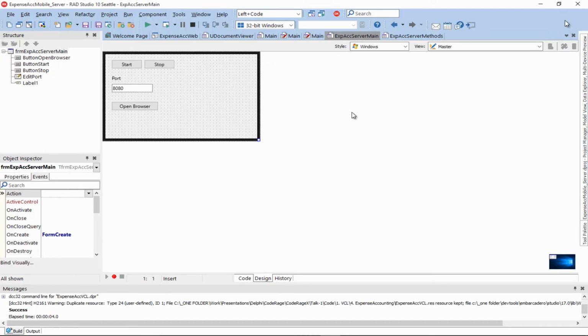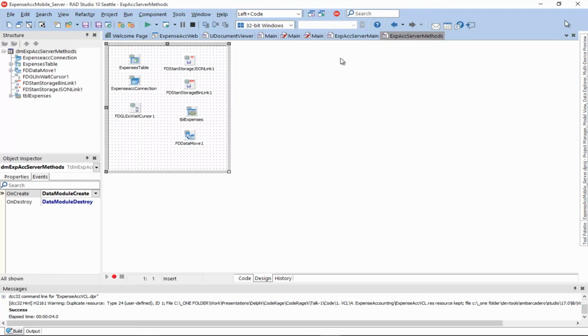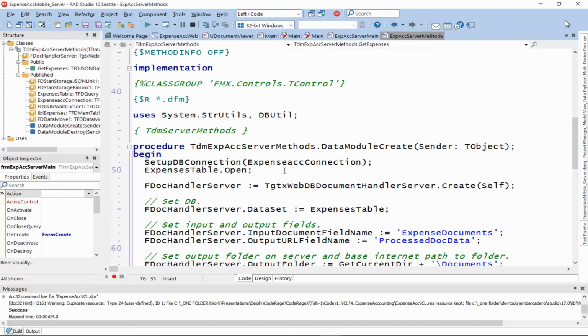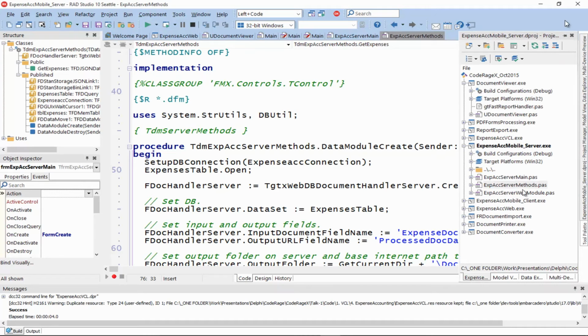So how did we build this app? We built the server just as we build any other DataSnap REST server using the wizard provided. Then we add and configure our data access objects, and we set up the handler as I showed. And as far as the client goes,